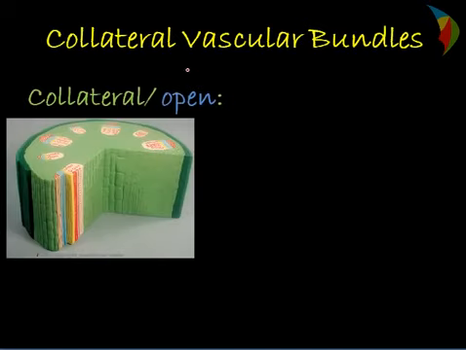The first one is the collateral vascular bundle. Collateral and open type of vascular bundle. In this type of vascular system, the xylem and phloem occur in the same radius on the same strand. This type of vascular bundle is called the collateral type. For example,